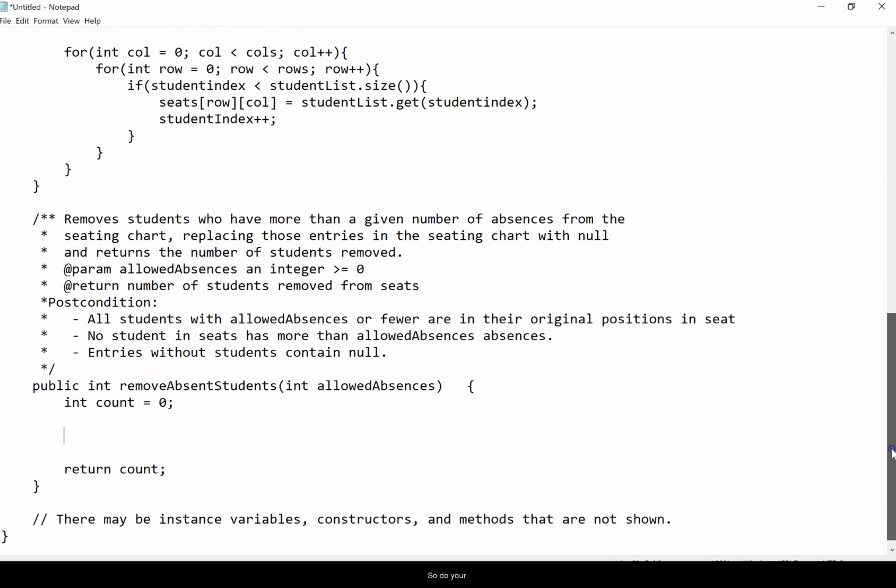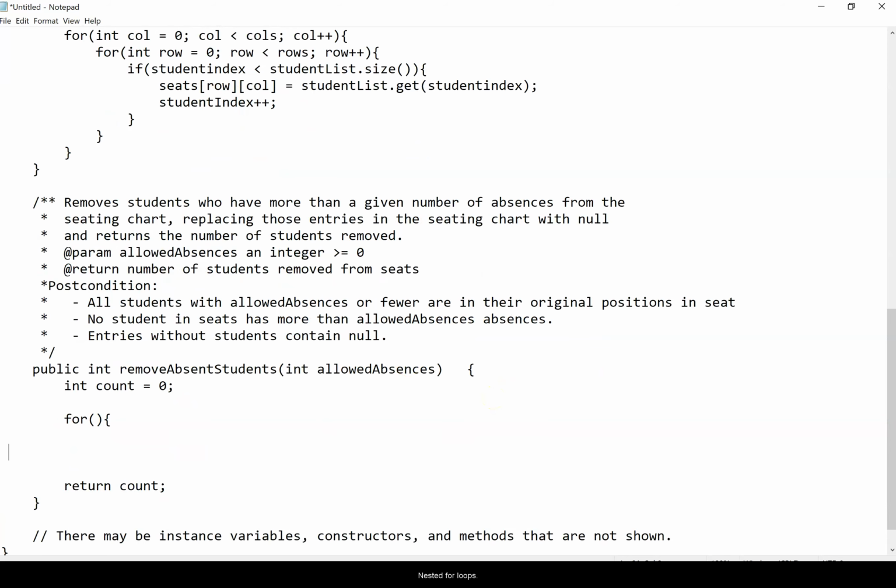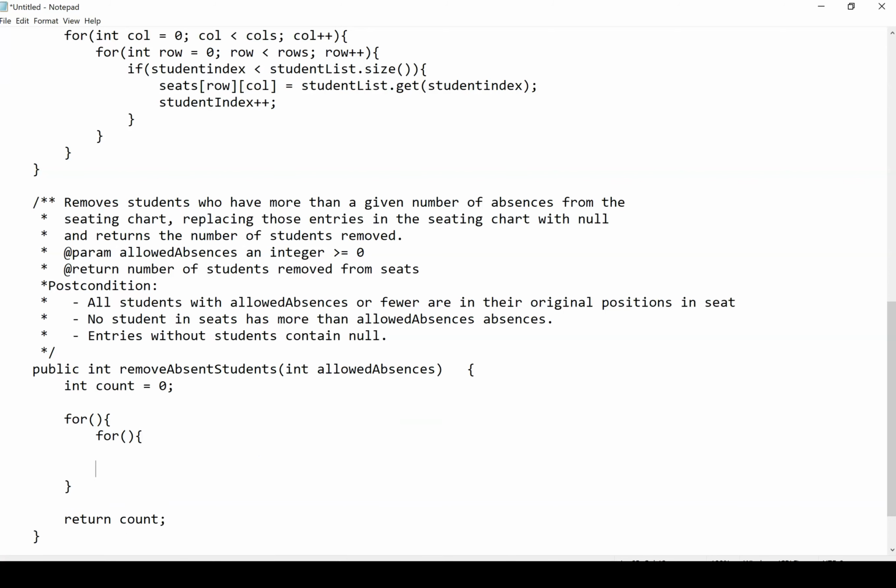So do your nested for loops. So it would be int row equals 0; row is less than seats dot length. Okay, seats is our 2D array. Row plus plus, and then int col equals 0; col is less than